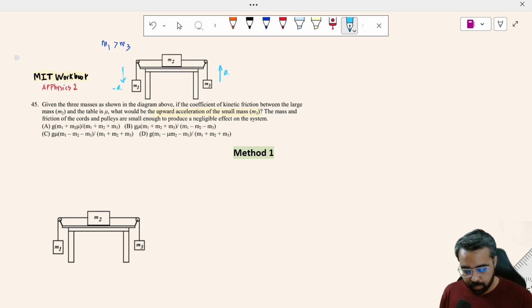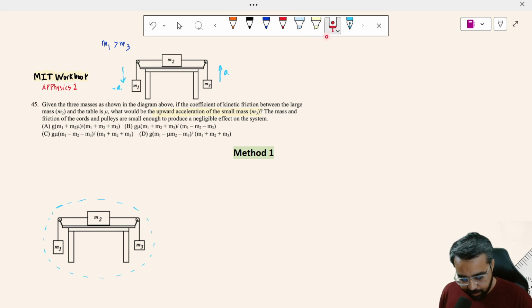Okay, so I will explain this question by two methods. The first method is very easy, and for the second method I will make a separate video. In that method, we will set up equations and solve them simultaneously. Okay, so in this question, as you see, if we say this is our system, so in our system,